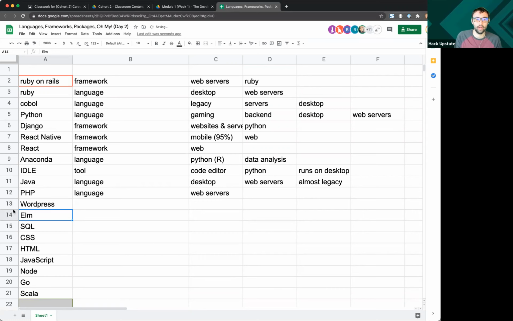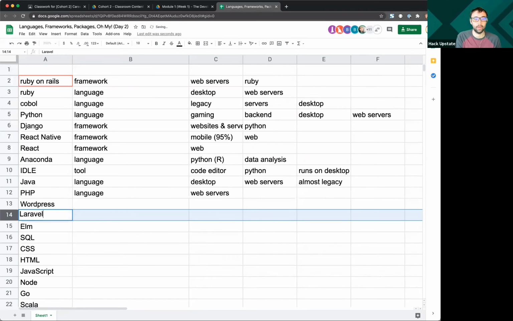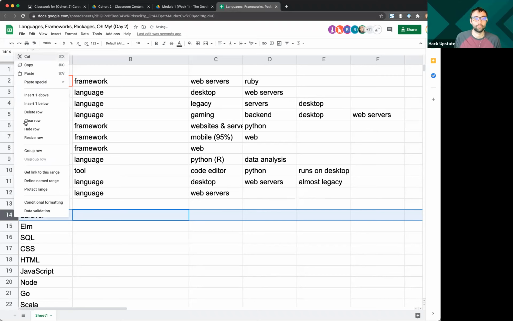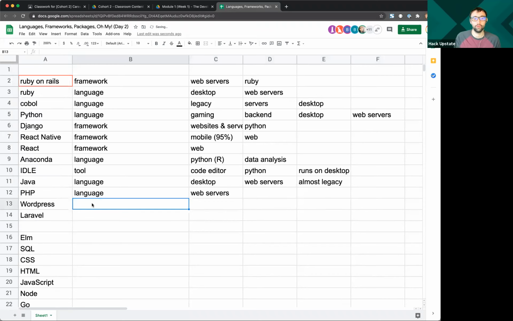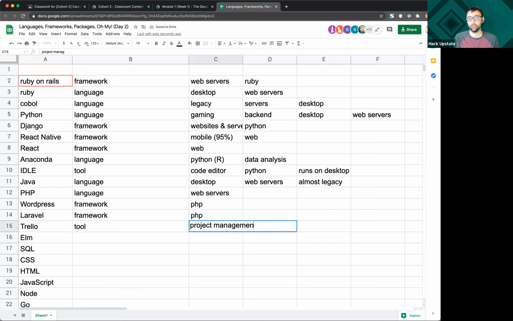So WordPress and Laravel are the 2 most popular PHP frameworks. And I'm going to just tag them both as PHP. And then I'm going to add Trello to the list because Trello is a very popular tool, and it primarily groups under project management.